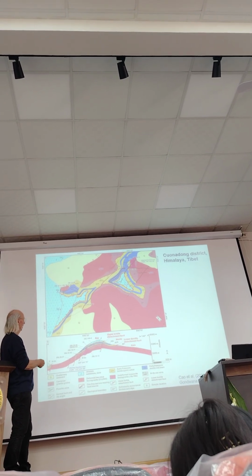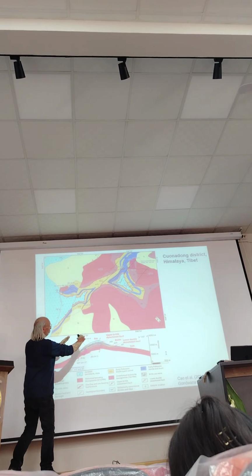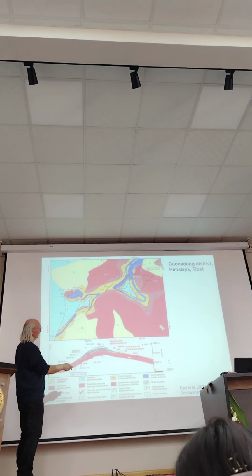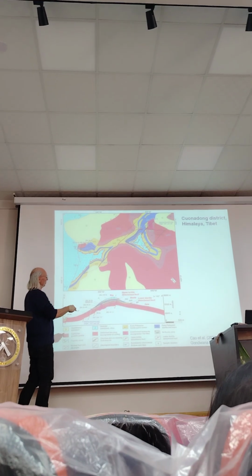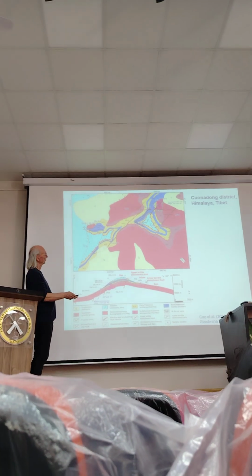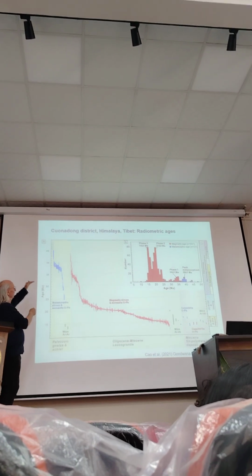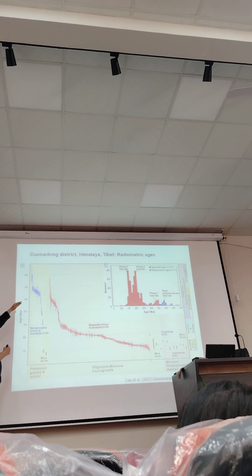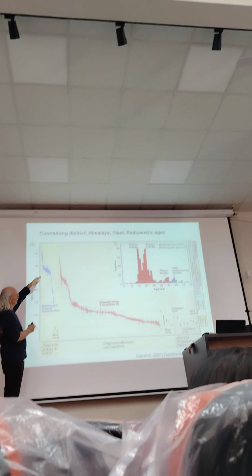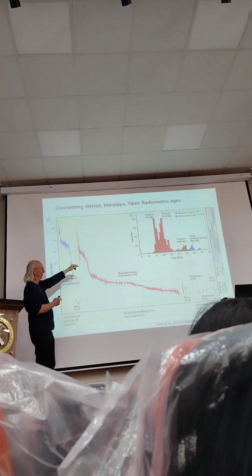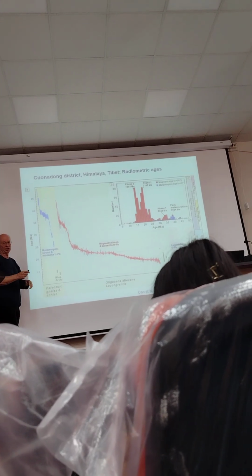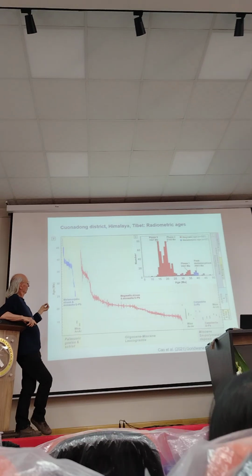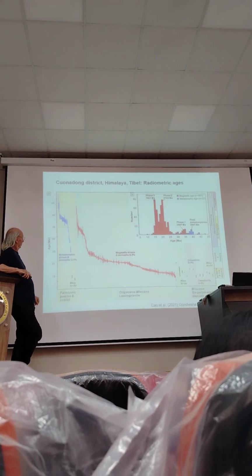And actually, this is a dome, a granite dome. This is the least evolved granite here, and then comes the most evolved granite up here. They did quite detailed dating of all these rocks, and the zircon ages range from 40 to, let's say, 15 million years. So we have here a granite sequence which covers something like